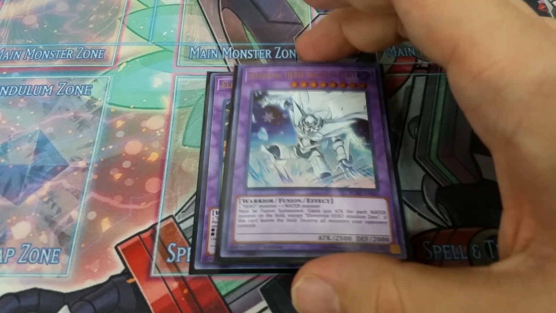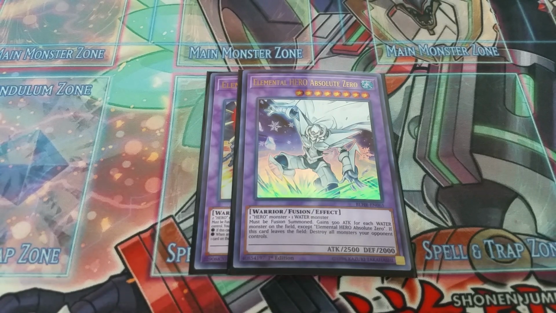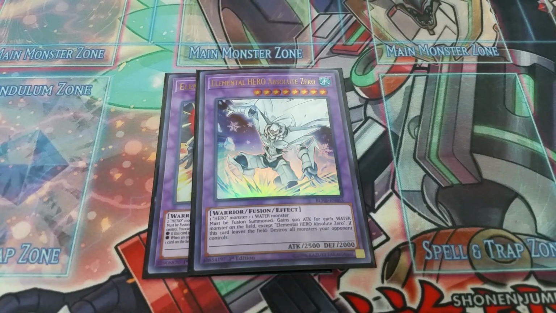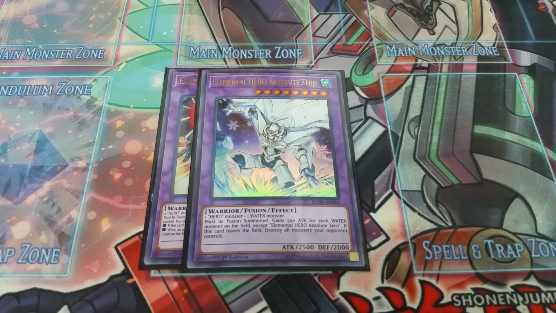Then we play 1 copy of Absolute Zero. Basically, now that we play Liquidman, we have a water monster that matters. So we can actually fuse into this. And when it crashes into an opponent's monster, it destroys all monsters on the field,